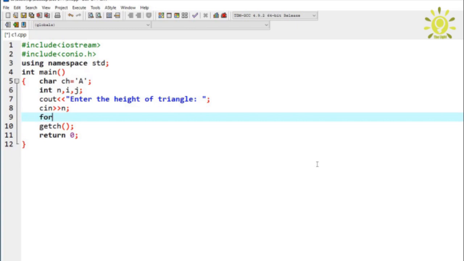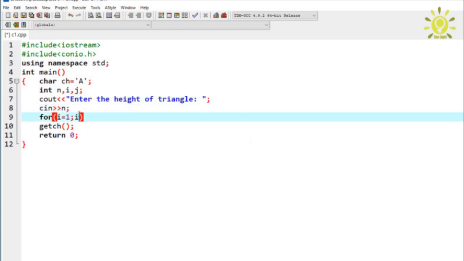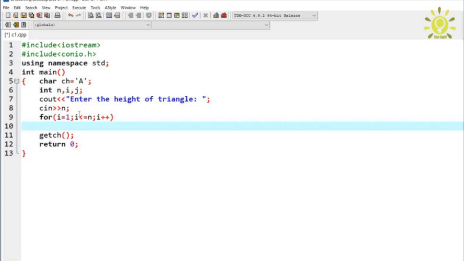First of all, a for loop, and use i is equal to 1, which is the initialization, and then a terminator, and now the condition i less than or equal to n. Again a terminator, and then it's time to increment, so i plus plus, and